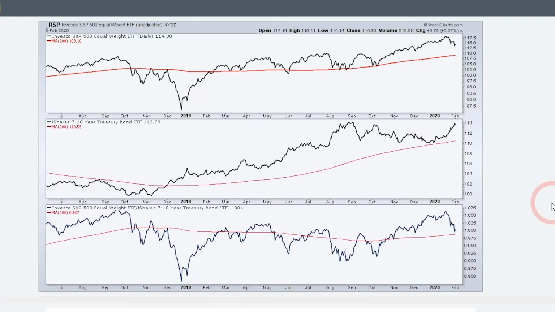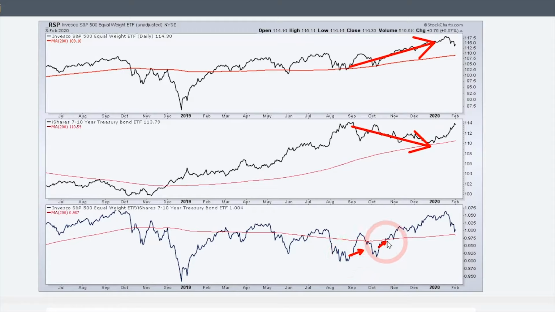So now let's look at stocks versus bonds. This first chart shows the equal weight S&P 500 in the top window, the 7 to 10 year Treasury bond ETF in the middle window, and the ratio of the equal weight stock ETF relative to the Treasury ETF. And we can see here that we had risk on in October. You had stocks rising, and you had bonds declining. So you had your riskier asset rising, your safe haven asset declining, and hence you had a rise in the